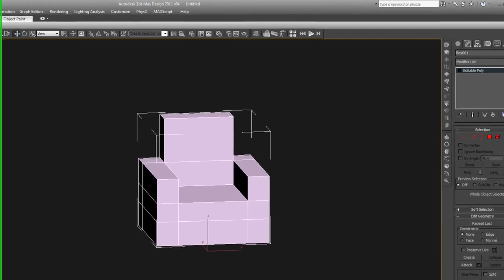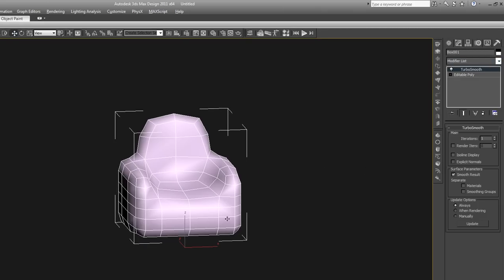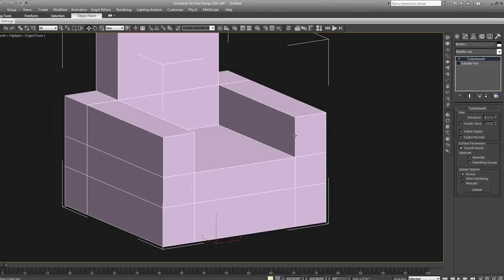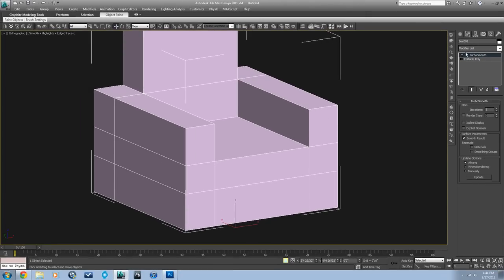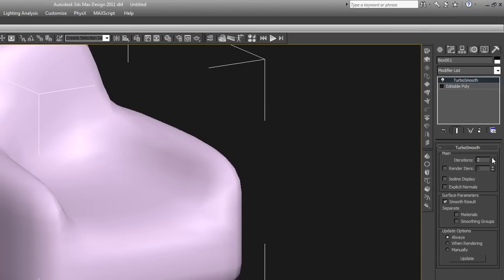And the first modifier I'm going to show you is Turbosmooth. Go to the Modifiers panel and hit Turbosmooth. And you can see what Turbosmooth does is it takes this edge and this edge over here, and it interprets the connection between them and rounds them out. So when I turn this on, you'll see that this edge will round around and go over to this edge. Just like that. You can turn up the iterations on it,